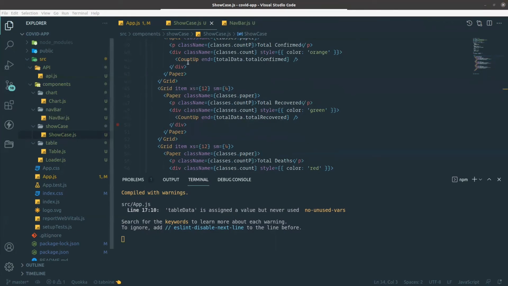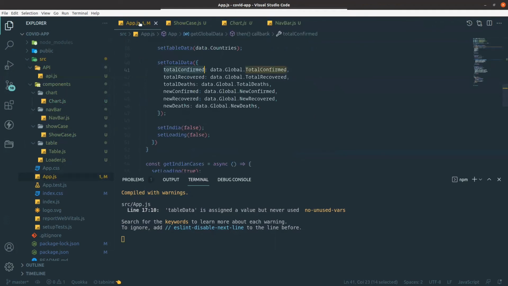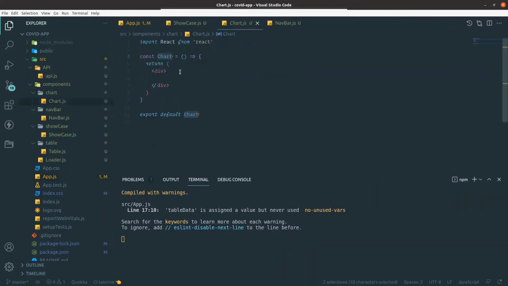So chart, showcase, and navbar is done. Now I need to move to chart.js file. Here also I'm copying the styling and all the JSX part from the repo, and you can see that in chart also I am passing one prop, that is total data.